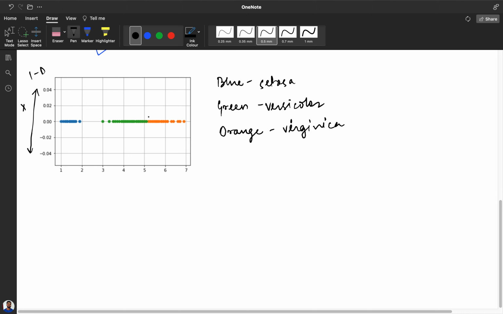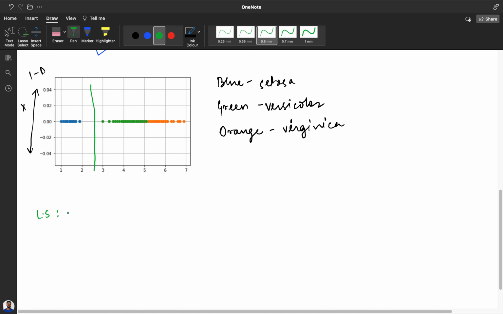Over here you can see that this is our setosa and these are the other two, and they both are linearly separable.